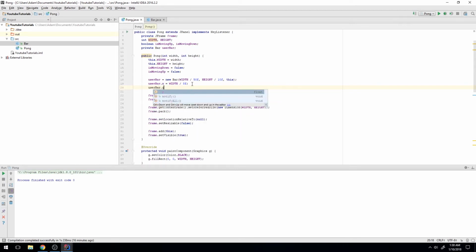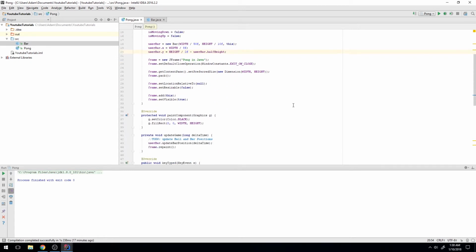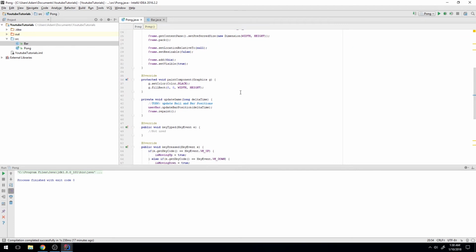Let's go ahead and do userbar.y equal to the height of the whole screen divided by 2, so center it. But we also need to factor in the height of the bar, because 0,0 is not the center of the bar that you will visually see. So we need to offset that by userbar.halfHeight, sorry. So now, if everything goes according to plan,